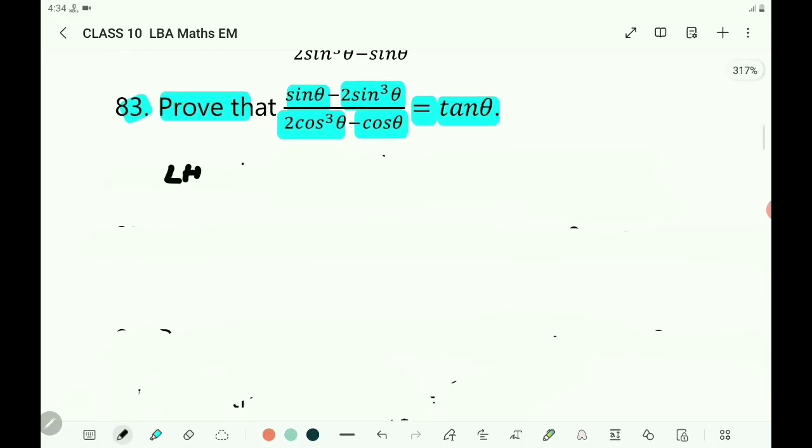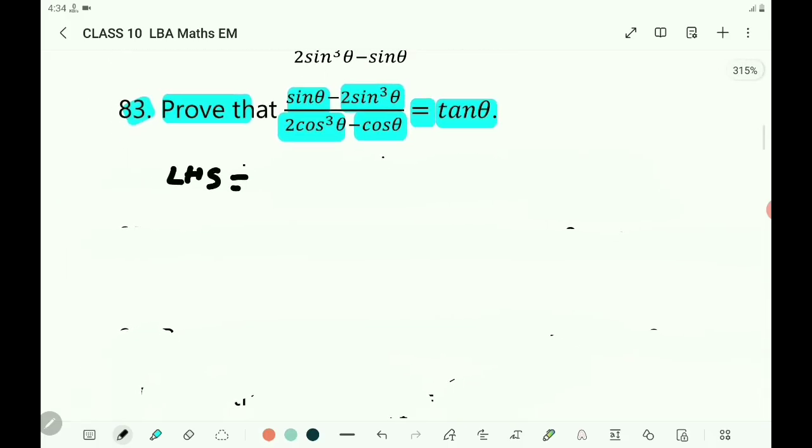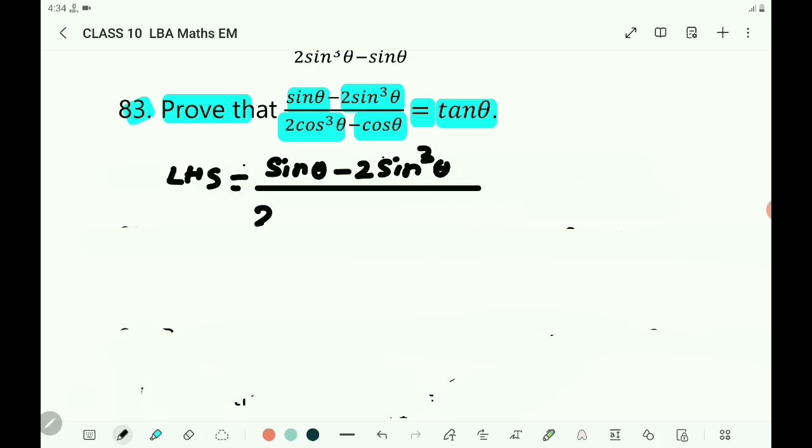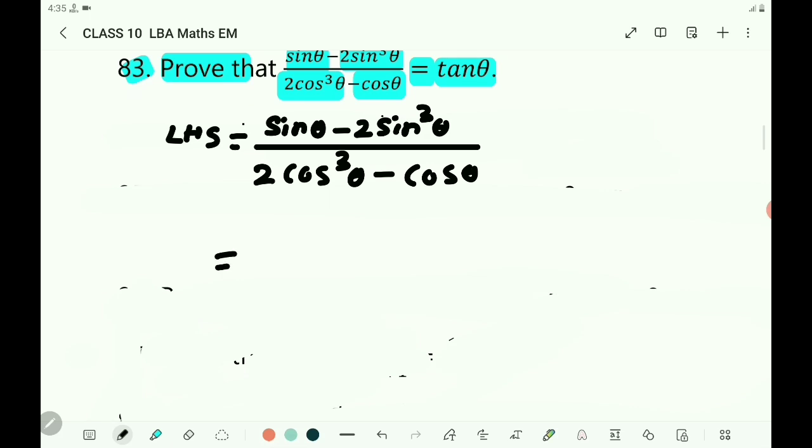LHS equals sin theta minus 2 sin cube theta by 2 cos cube theta minus cos theta